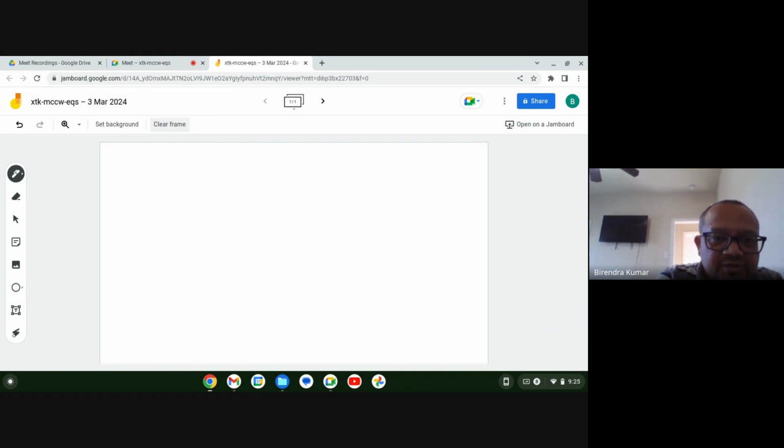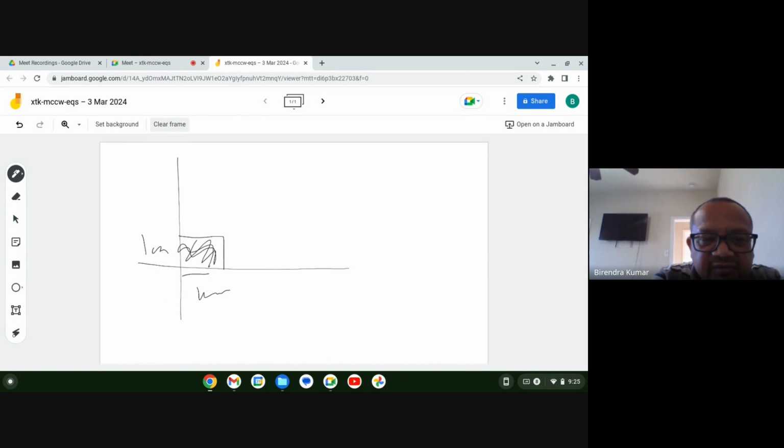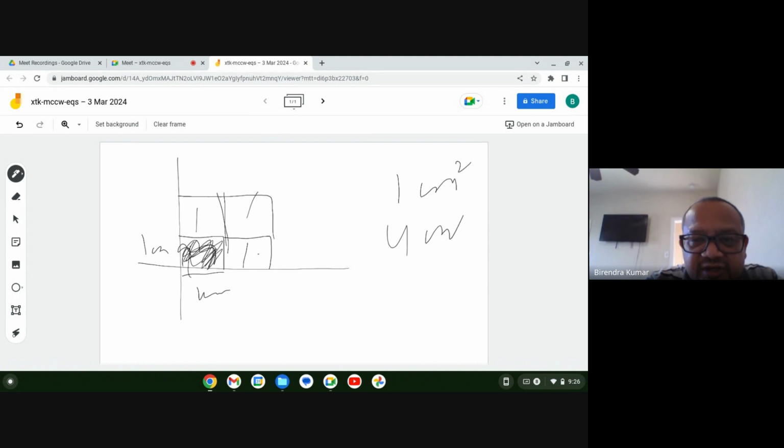Okay. So in the graph paper, we saw that if this is 1 centimeter and 1 centimeter, meaning 1 unit length, 1 unit width, that makes it 1 centimeter square. So if I'm talking about a square which is 2 centimeter by 2 centimeter, that has 4 boxes like this of this unit. That makes it 1, 2, 3, and 4 centimeters square. If I'm talking about a square which is 3 by 3,